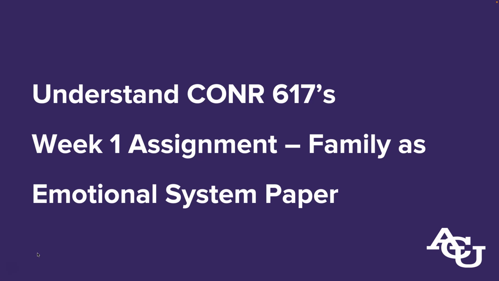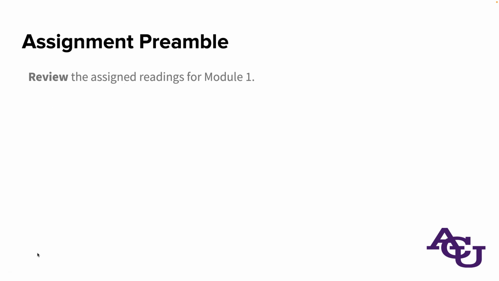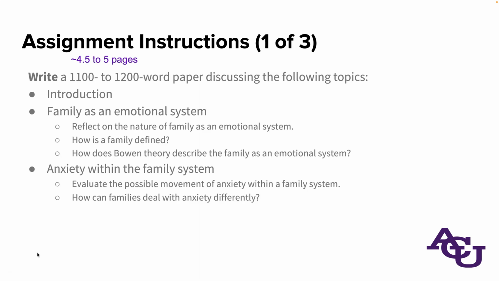So let's take a look at CONR 617's Week 1 assignment. This is the Family as Emotional System paper. It's coming out of the Managing Conflict in Churches course, and it starts with a brief preamble, which is just a reminder to read the readings for Module 1. Then we have the guideline for the length, 1,100 to 1,200 words, which is roughly 4.5 to 5 pages. And you're supposed to have an introduction, and discuss family as emotional system while doing some specific prompts and